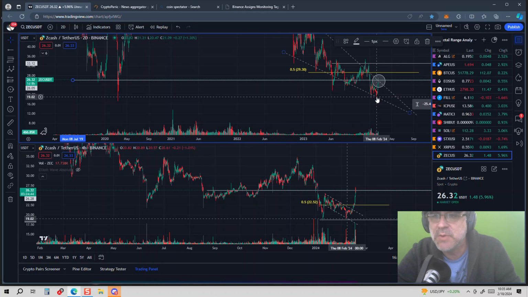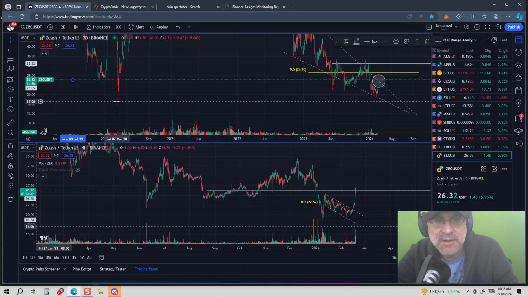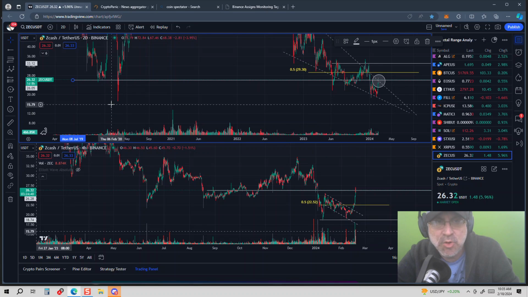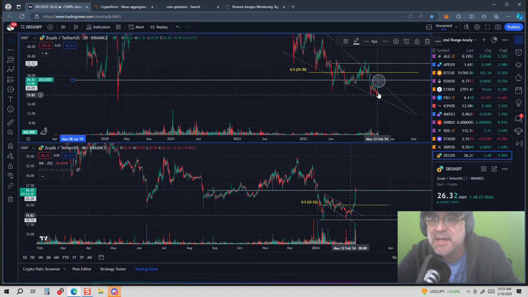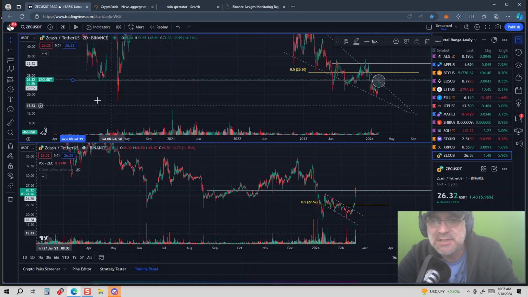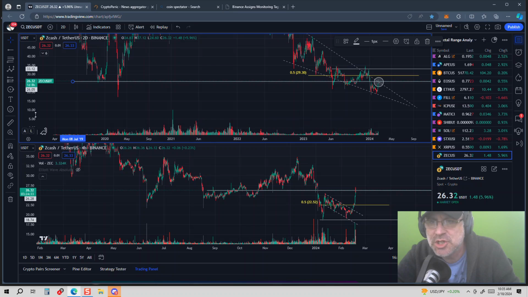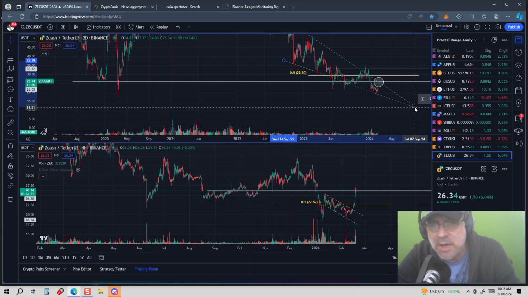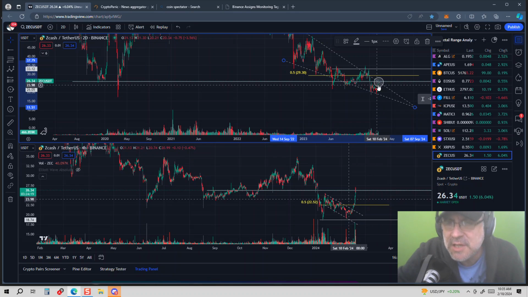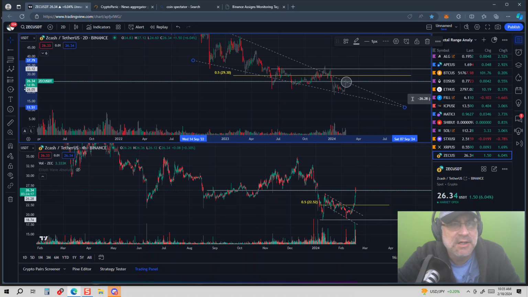And so down here we had this deep shakeout, which, like I said, mitigated this point that we had back in 2020. Then we've come back up and touched the trading range support, which also happens to be the macro trend resistance of this falling wedge. We know that falling wedges are in the long term bullish, right? And so here we sit presently.